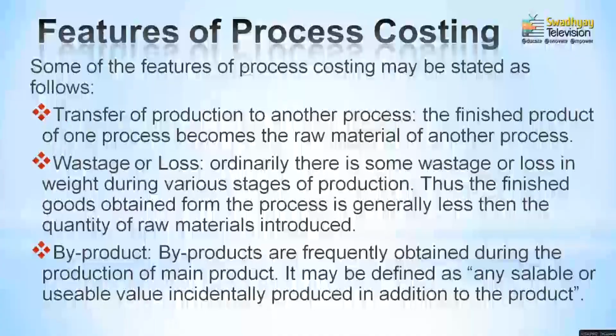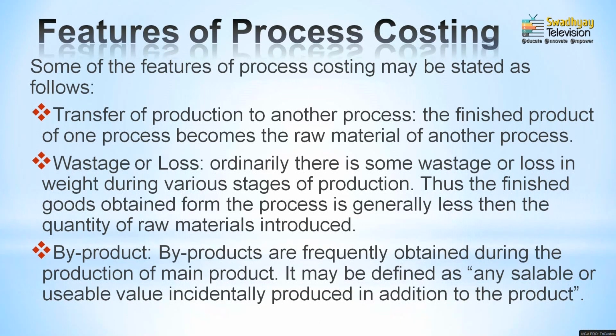Another important feature is byproducts. Now, what is a byproduct? The byproduct is actually a product which is not identified, or a product which is not the main object to manufacture. It means that the company is manufacturing a product, and along with that, if any more products are manufactured along with your main products, which are not identified as well as not required, that is your byproduct. It means that the byproduct is the product which is manufactured or produced along with the major product or a main